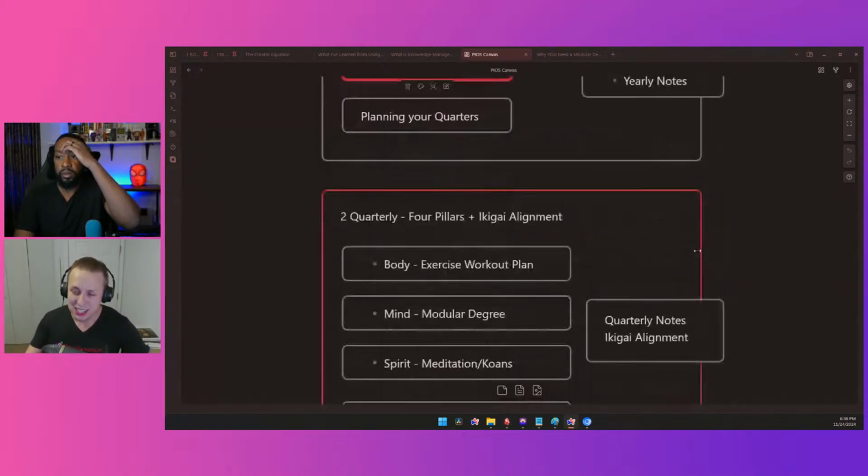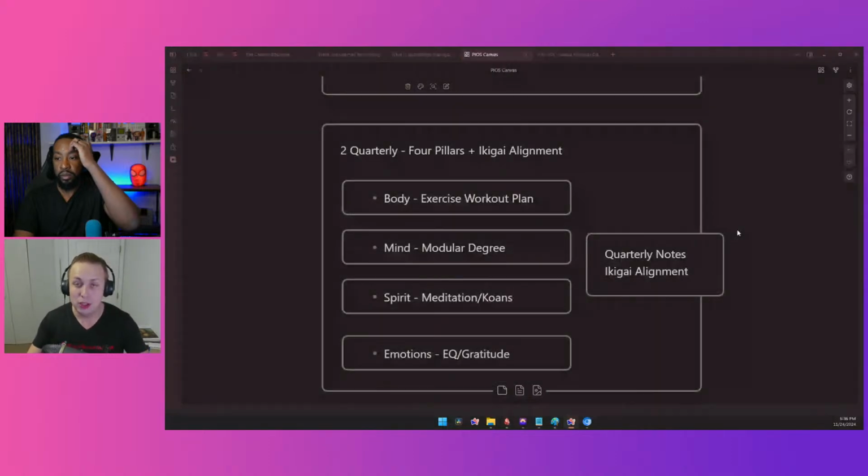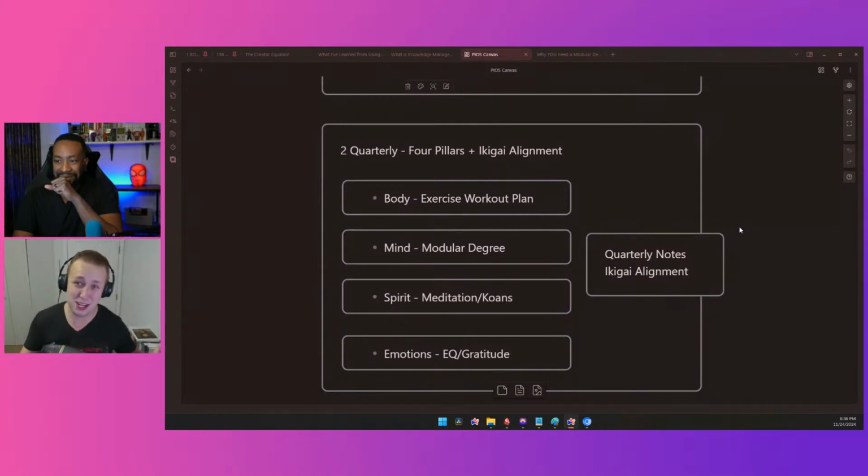Next is the quarterly. And this one is another one where I differentiate from a lot of other knowledge management content creators out there. And so this is actually my new PIOS. I've been iterating it over the last 5 years. Shout out to Notion, because Notion's where I started. Now I'm in Obsidian because I think it's better. No shade to you, Doc, there, but I just want to throw it out there.